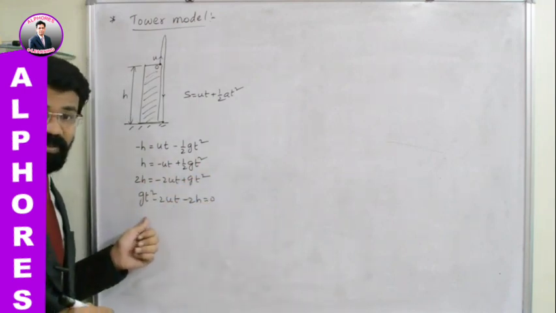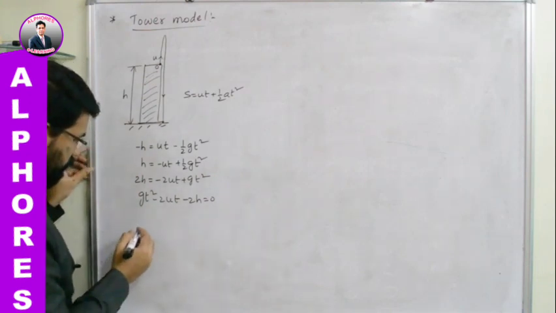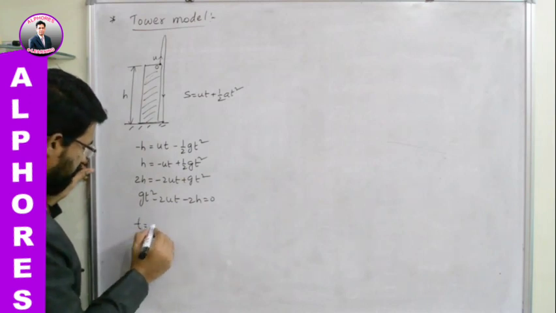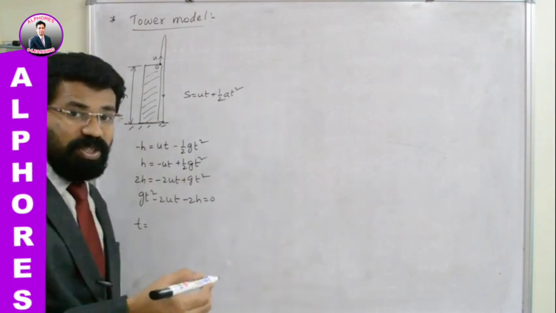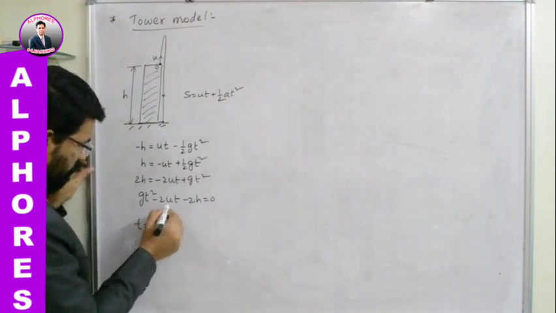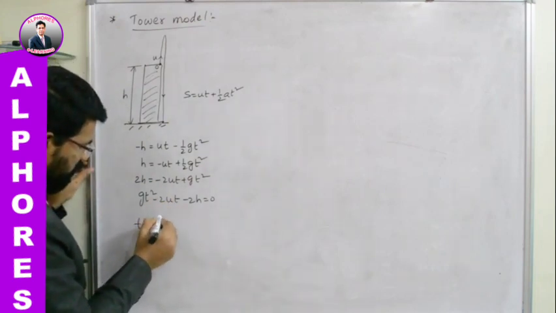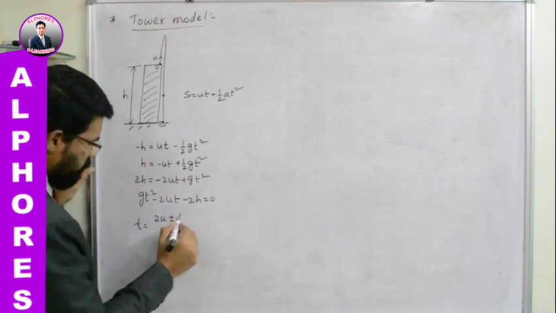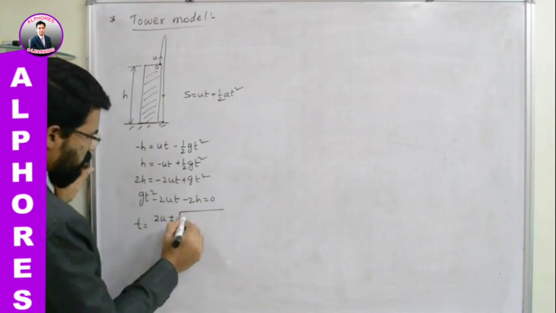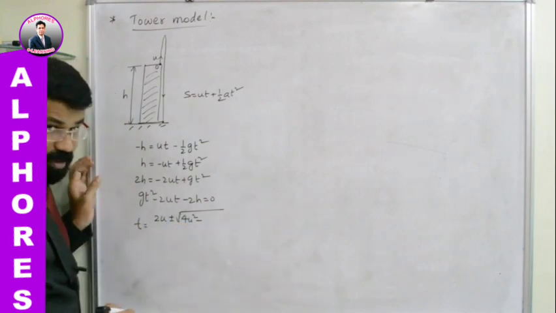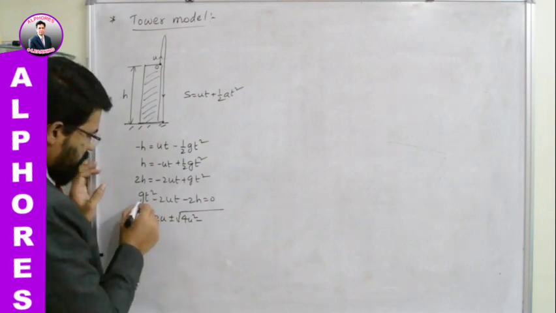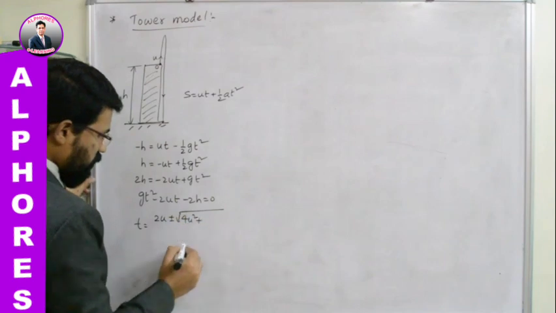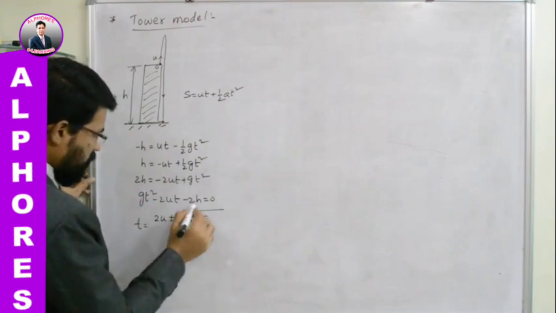Now it is a quadratic equation in terms of t. Okay, and you know how to solve this quadratic equation. So if you solve, t can be written as minus b plus or minus under root b square minus 4ac by 2a. So here in place of b, what do we have? 2u. Minus b, already minus sign is there. Minus of minus, it becomes plus 2u plus or minus under root b square, 2u square, you will have 4u square minus 4ac. a is what? g. c is what? Minus 2h. Minus 2h. So minus into minus plus, 4 2s are 8gh.